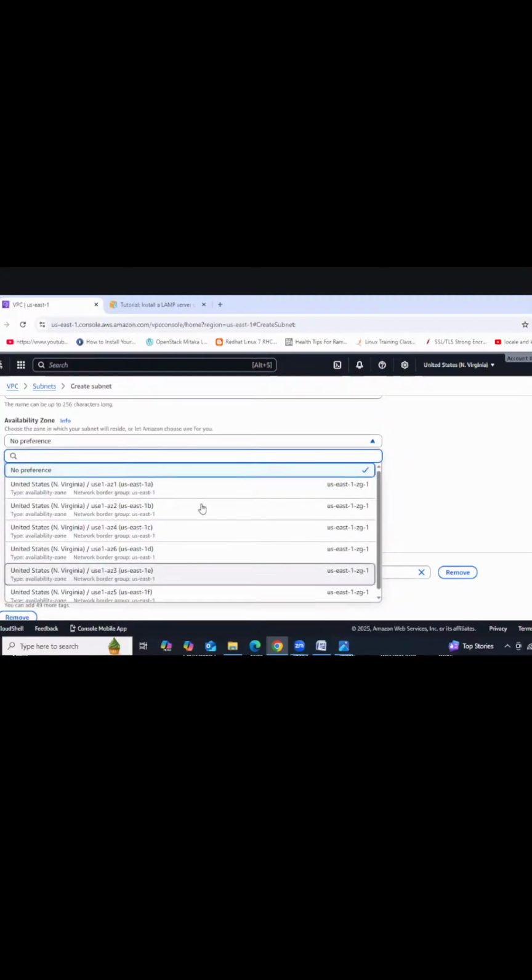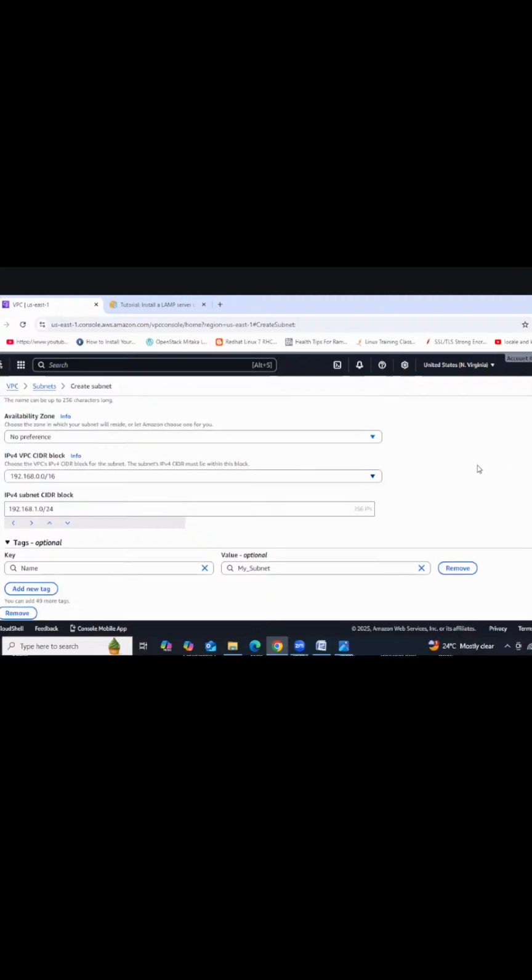So inside my VPC, now subnet settings. We need to provide the subnet name. So my subnet. If you want, you can select the availability zone also. We have how many availability zones? 6 availability zones. According to your requirement, you can select. If you don't select, automatically it will take one. You are not going to get any error. It will take one availability zone and create the subnet inside that availability zone.